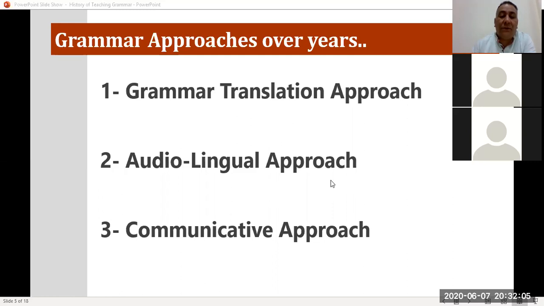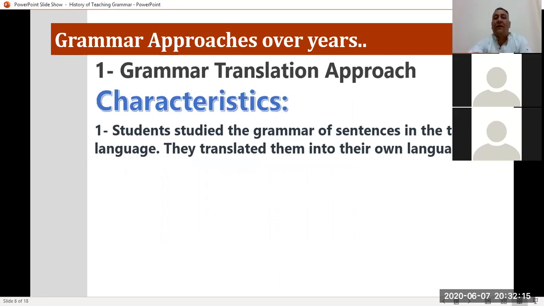These are the three main approaches to teach grammar. And now we will take them one by one and start with the grammar translation approach. Grammar translation approach, this is the oldest fashioned approach that began more than 150 years ago. Characteristics of this approach: one, students